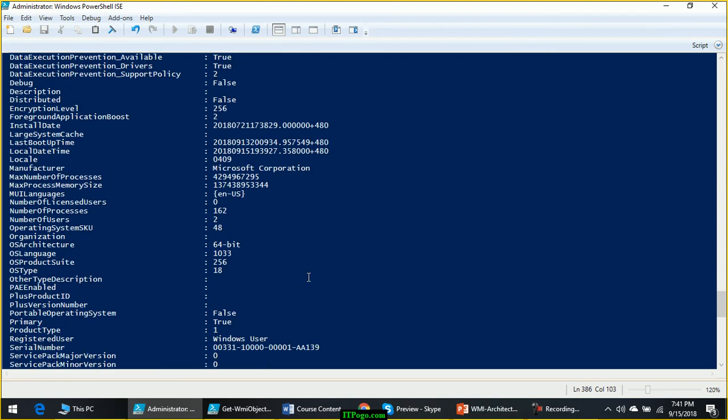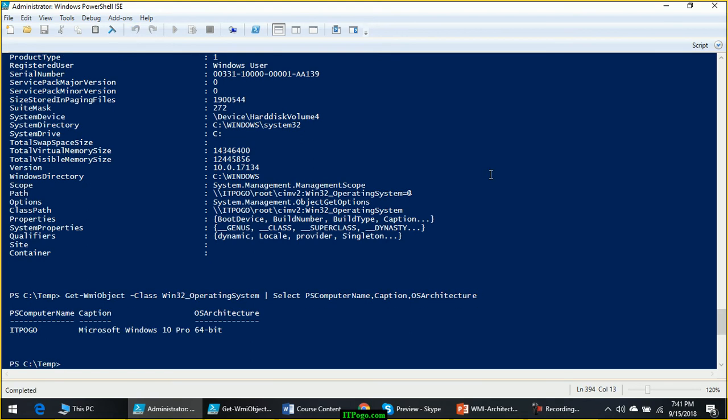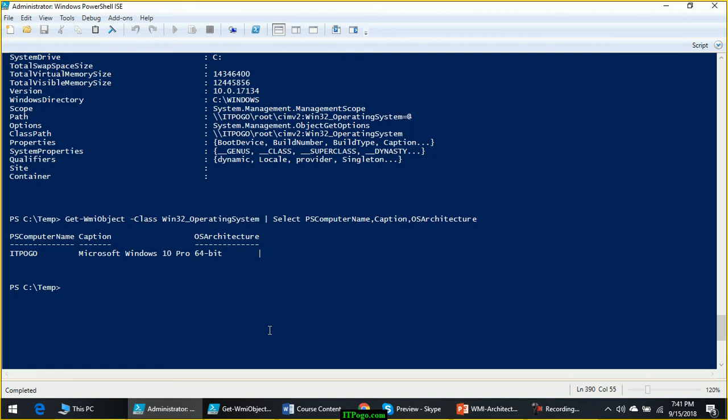Okay, let's go with these three properties only. Later you can select more. So this is giving me the real-time information about the operating system of this computer.